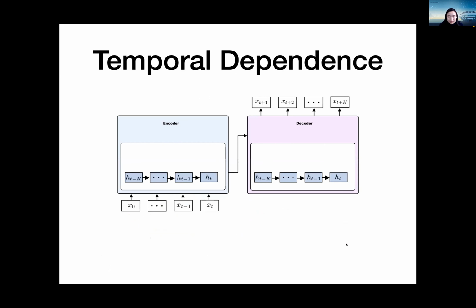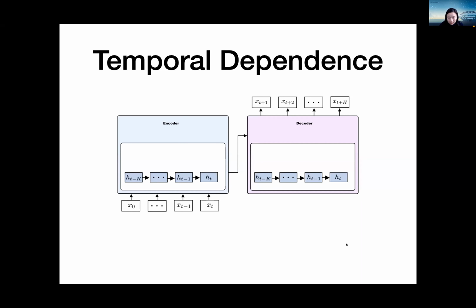In terms of temporal dependency, actually it's very similar to the sequential dependency in large language models, because we can think of the sequence of time series as a sequence of tokens. And in this case, we can just use any sequence models that are very popular, for instance, a recurrent neural network. It has this encoder-decoder architecture where the encoder will encode the past information from x0 to xt into some hidden states, and the decoder will generate the future forecast of xt+1 to xt+h, given